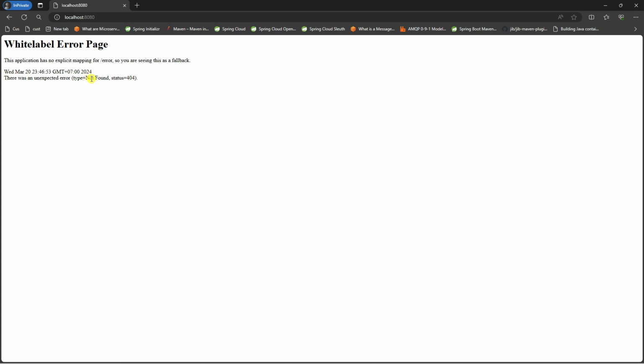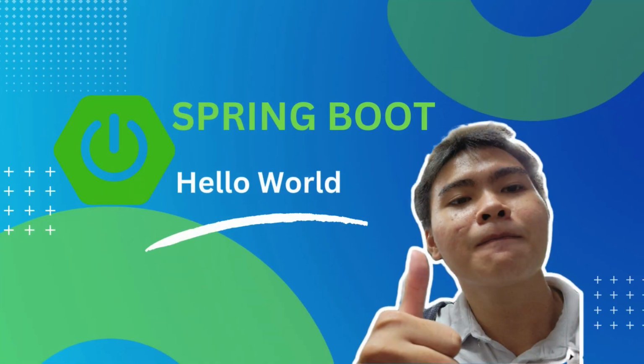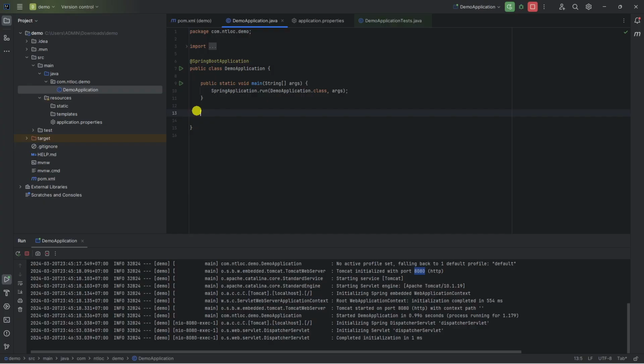So let's go back to IntelliJ and implement the hello world endpoint. I would like to create a method that is public with return type String, and the method name is helloWorld, and then simply return hello.